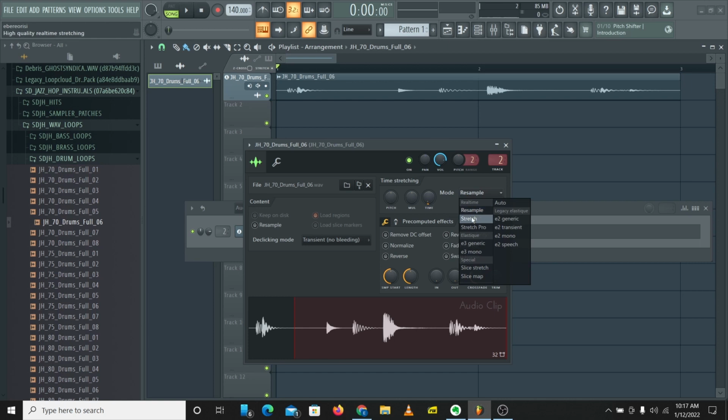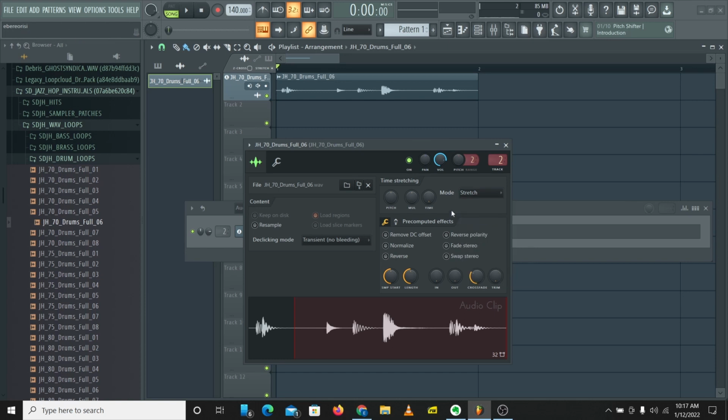So the next mode we'll look at is the stretch mode. If you put the sample on stretch mode, the pitch will remain the same if you change the time. So let's change the time.